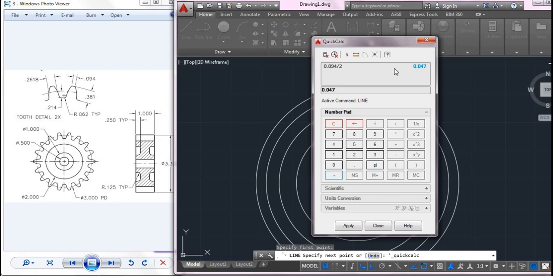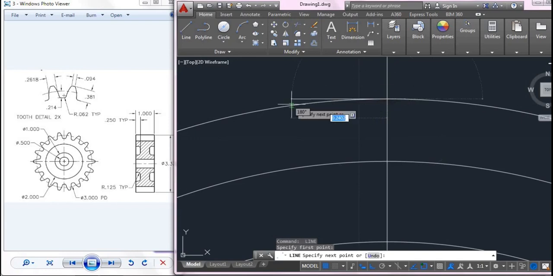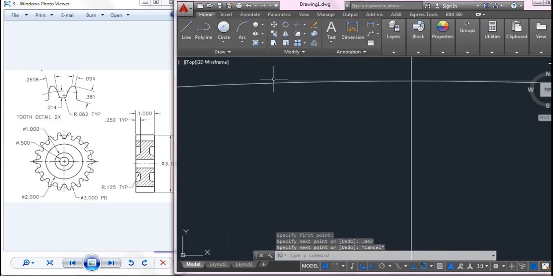It will be around 0.047. So here I will be taking 0.047 on the right side, and for the left side I will be taking 0.047. So if you zoom here, you can see your line here.